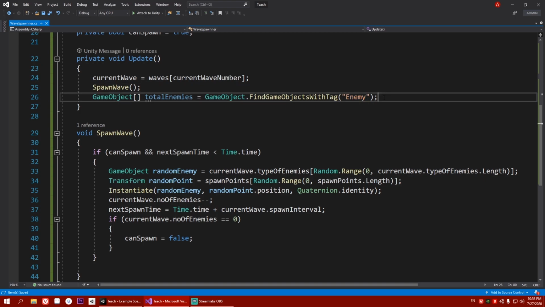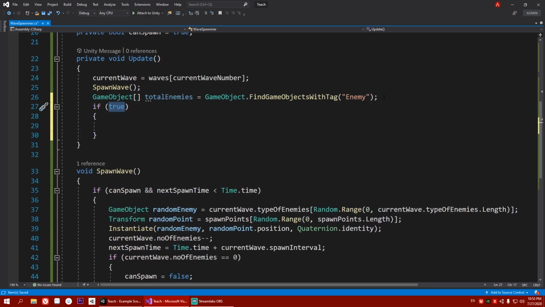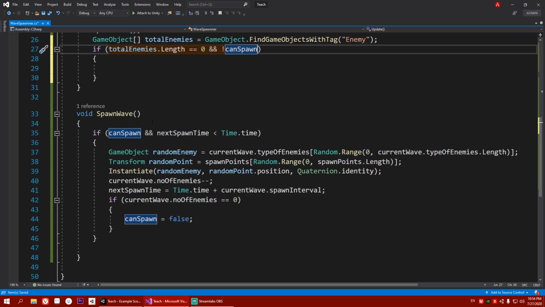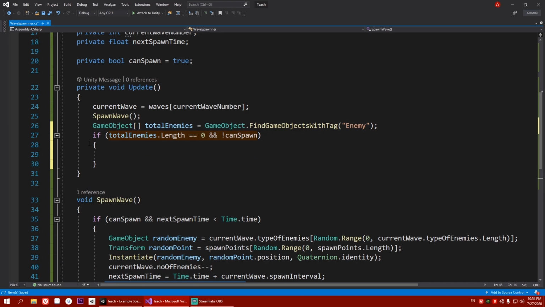After that, what we can do is we will write if the total enemies dot length, meaning the total number of enemies, is equal to 0, right? And we cannot spawn, meaning can spawn is false, right? Because can spawn will only be false after we finish spawning one wave of enemies because of this. So if the total enemies is 0, that means we killed off all the enemies and we cannot spawn the next enemy. Then what will happen is your current wave will be added by 1,